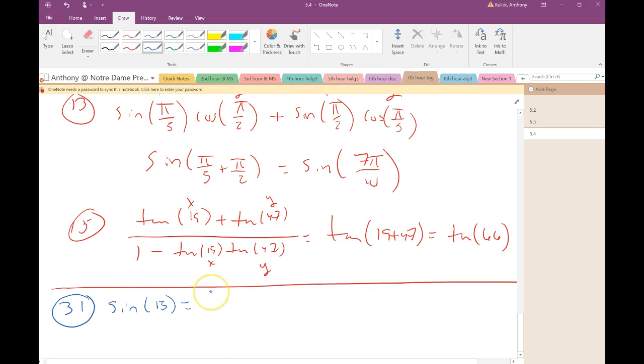Okay, so sine of 15. Here we're using the half angle identity, right? Is what it asks us to do. Okay. So that is sine of 30 over 2 equals plus or minus the square root of 1 minus cosine 30 over 2. Cosine 30, when I go to my sheet, is